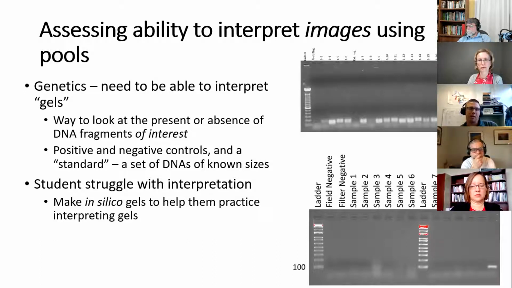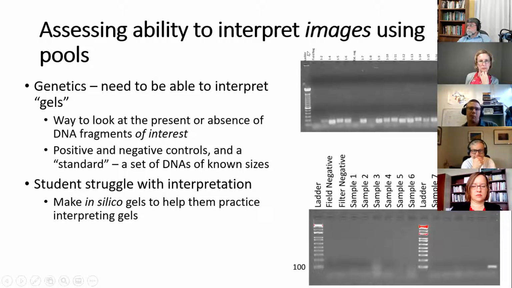These things typically have some standards, some sets of knowns. So there are positive and negative controls, where there should be something and there shouldn't be something, and a set of standards, which are a set of known fragments of DNA of a known size. And when you look at a gel like this, how you interpret it is that you have a